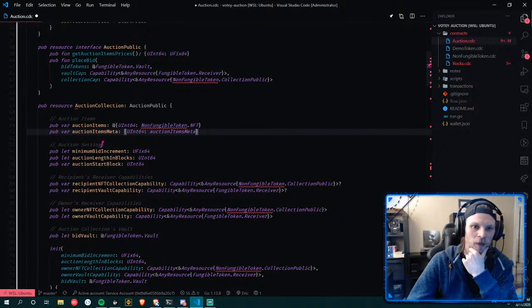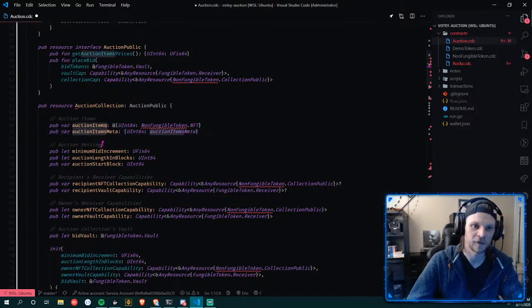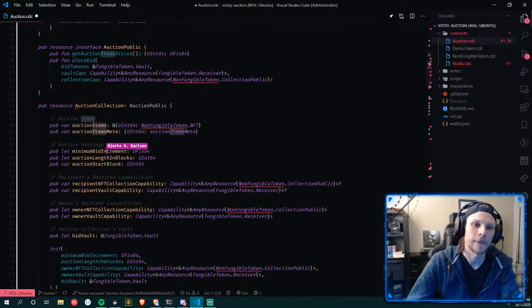It's just keys. The whole game plan I had there was to do exactly what we do with an NFT collection, where they have owned NFTs. This is like our owned NFTs, except these are our auction NFTs, I guess we should call that. But could we put the minimum bid increment inside the auction metadata?